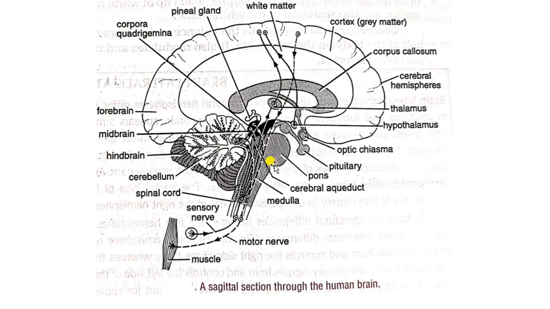Okay, medulla oblongata, pons varolii, midbrain and hypothalamus are collectively called as brainstem. So medulla oblongata, pons varolii, midbrain and hypothalamus, together you call them the brainstem and are hidden by the cerebrum